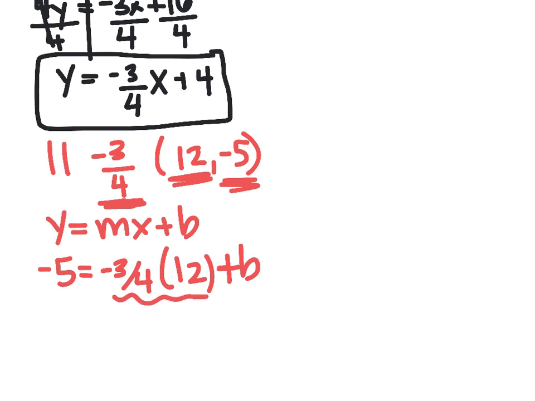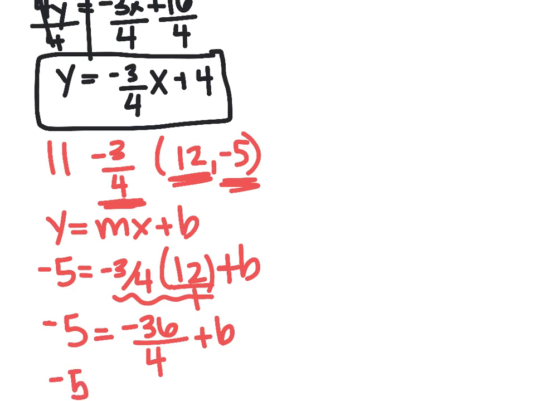So go ahead and multiply here. We'll get negative 5 equals, multiply across the top, negative 3 times 12 is negative 36. And then across the bottom, 4 times 1 is 4. Now I am going to go ahead and reduce this because negative 36 divided by 4 divides evenly, and I think we're better at whole